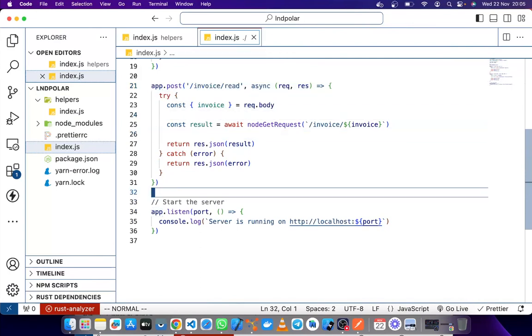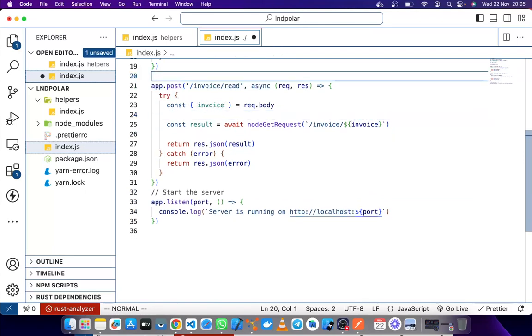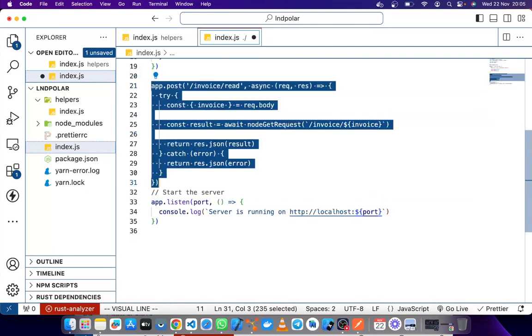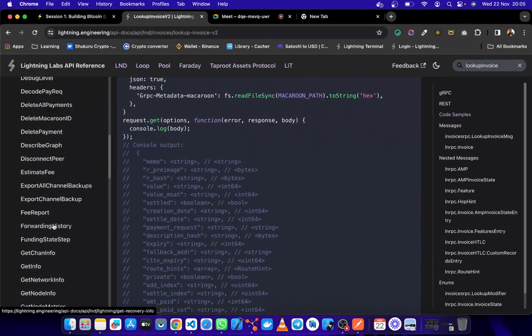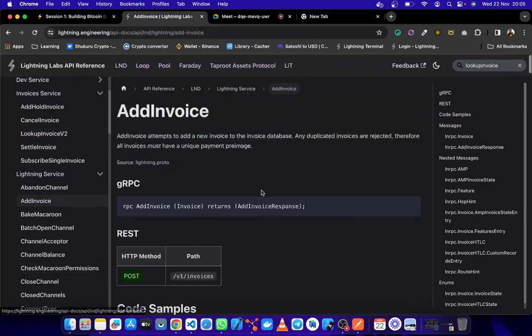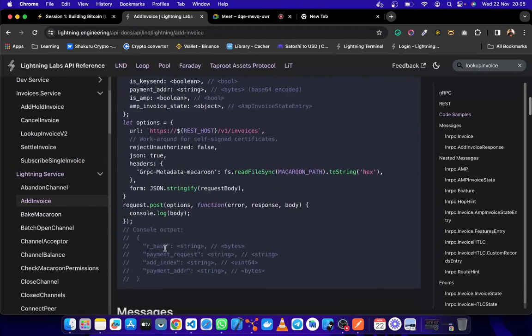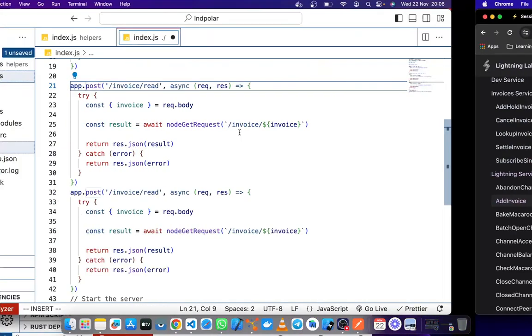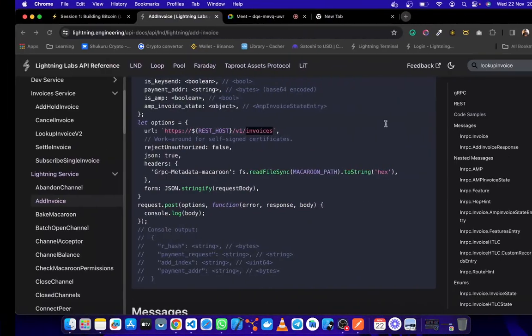So what we could do, we'll go ahead and use the post, and then the code that creates an invoice is add invoice, and it takes in this huge body, and it has this v1, uses invoices, I think invoices here like that.